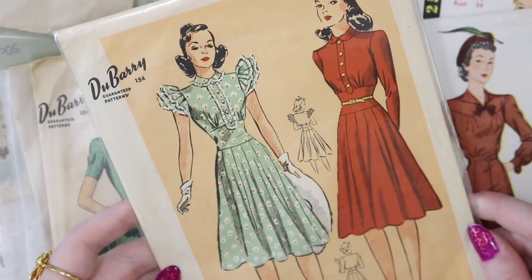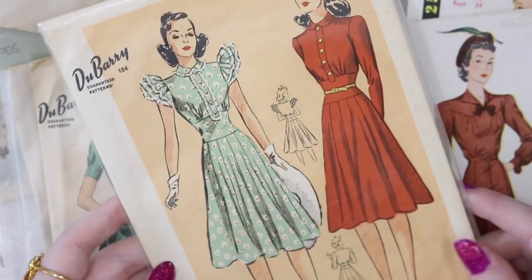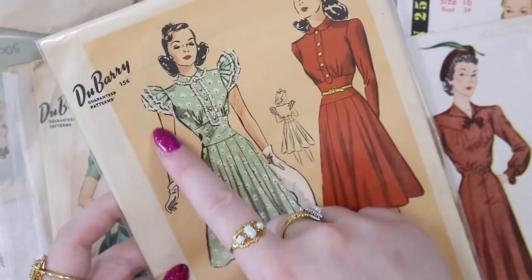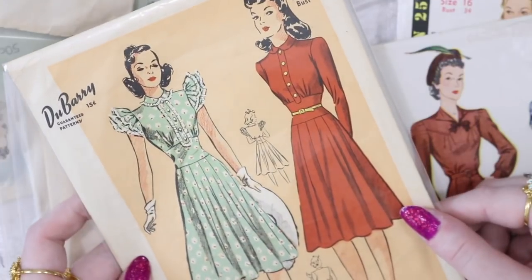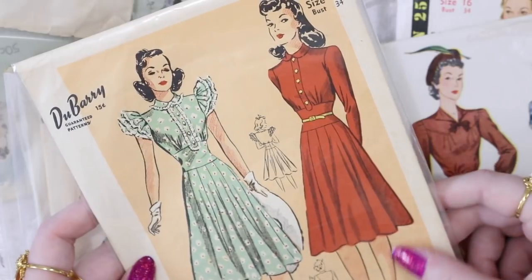This is a dewberry pattern in a size 16 for a 34-inch bust. This feels like it might be factory folded. It feels just in impeccable condition and is copyrighted as being from 1940. Got this really cute kind of ruffled sleeve option with a ruffled placket down the front, or a less frilly option with long sleeves. And this looks like it has a pretty heavily gored skirt and is almost kind of